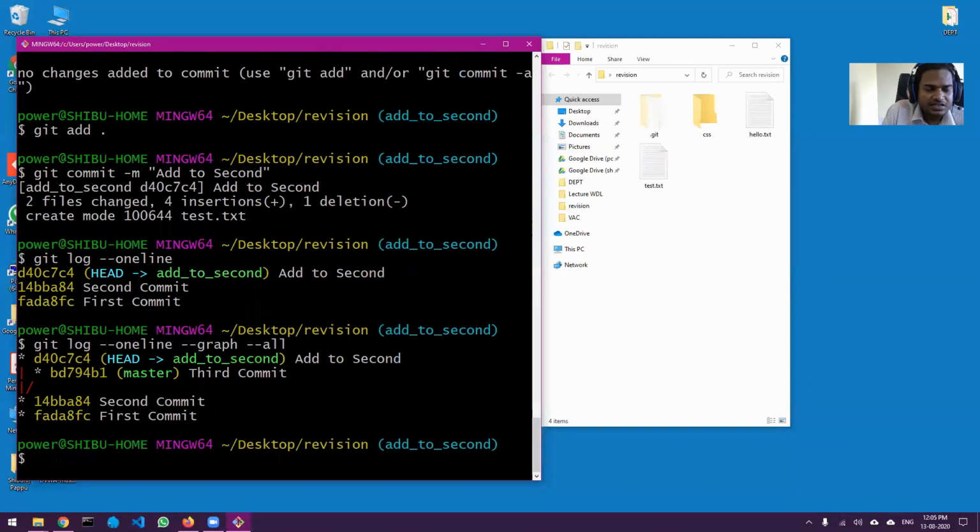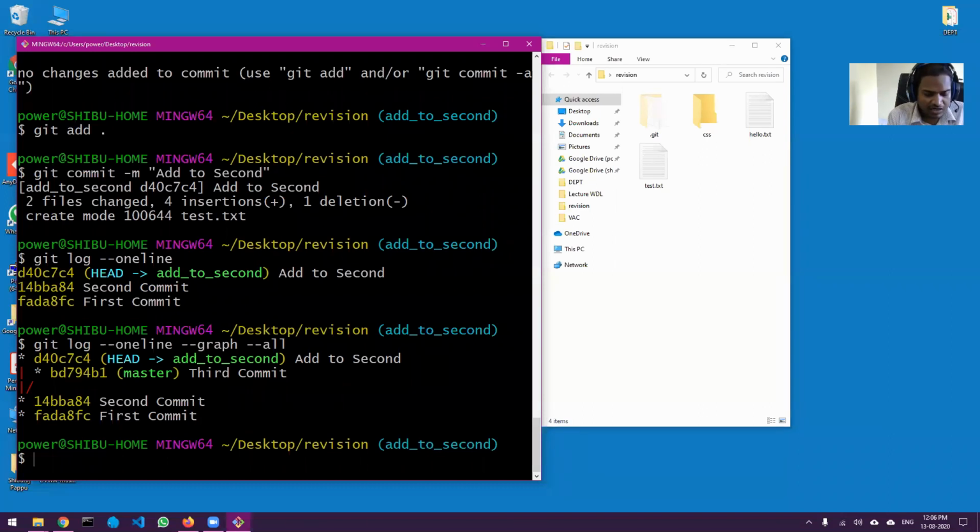If I press enter, you can see how it shows. First commit, then second commit, and after that there was a branch. After the second commit, one goes to master and another goes to the add-to-second branch. So there are two branches.